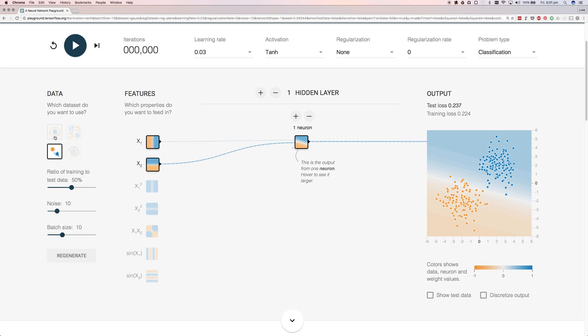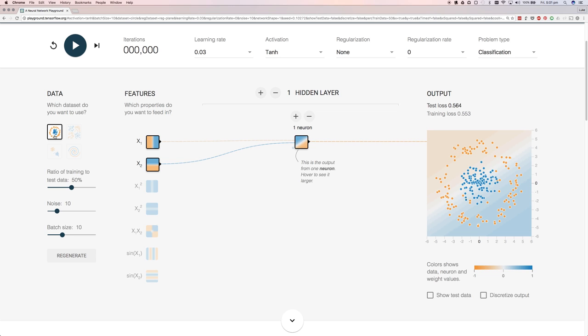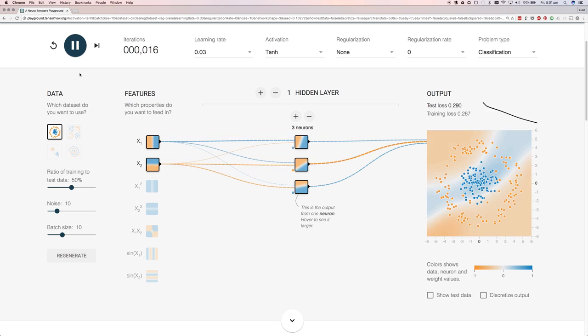Now, what happens if we have something a little bit more complex than just these 2 easy groups? For example, this circle. Well, it turns out that no matter how long we leave the program here learning and trying to automatically adjust its weights and fiddle the numbers so we can fit that data set, it's actually never going to happen. We're just not going to be able to do that with one perceptron. But if we add 3, and then run it, something very interesting happens.